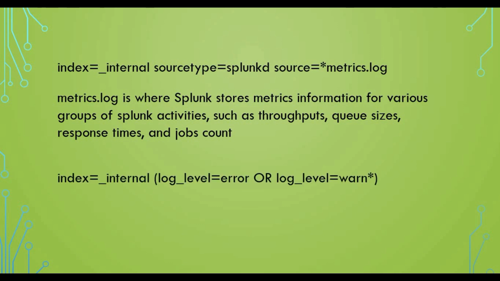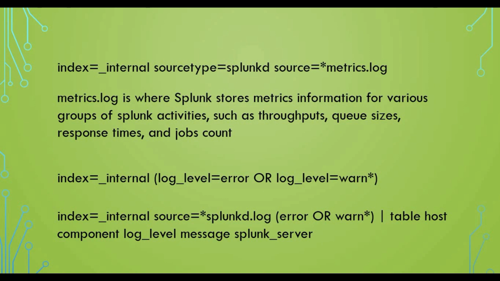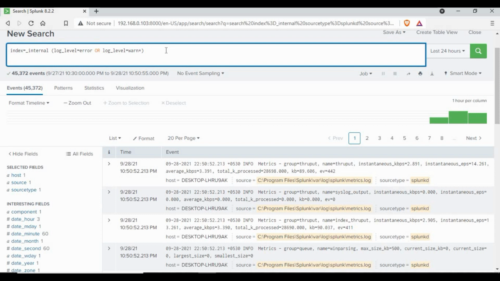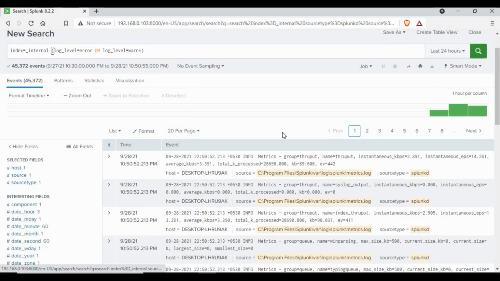Now there is also another way. All this information, if you see, is getting stored in the index _internal, right? So if you don't want to search the whole information, and you want to get some errors or warnings, you can even query with that kind of query in the Splunk search. You can also advance that if you want to specifically do it for splunkd.log, and you can table it with the log message and all those things. This is a sample query which you can run, so I will just run it and show you what we get. So if I run this query for error or warning,